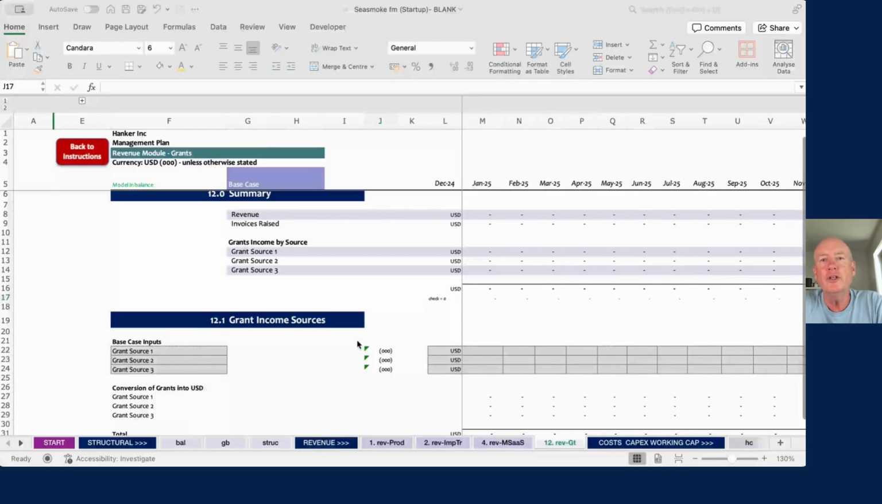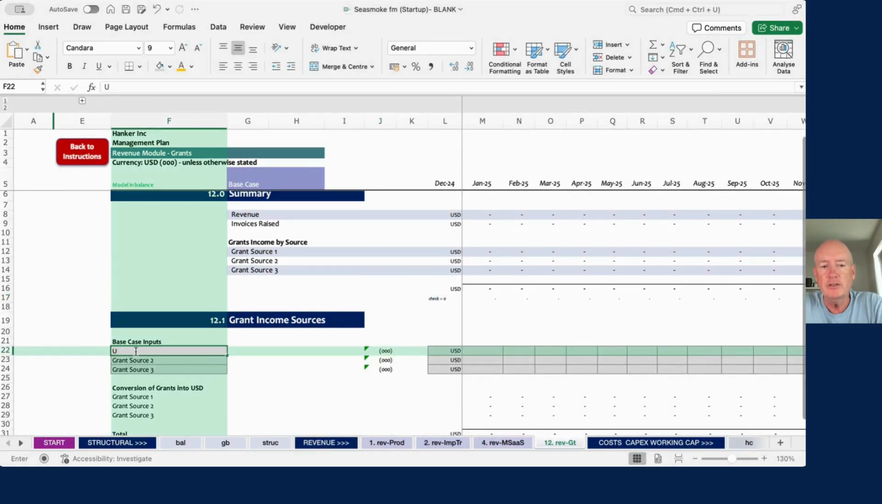Okay, we've finished the underlying product revenue for the business. Last thing is just some grant income. Over here, there's a sheet called Rev GT, which is to take grants. Let's assume that we record the grant income as revenue. If you wanted to record it as a negative cost, there is an option to do that within the overhead